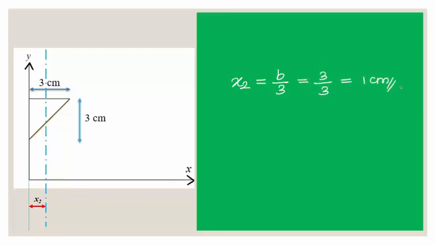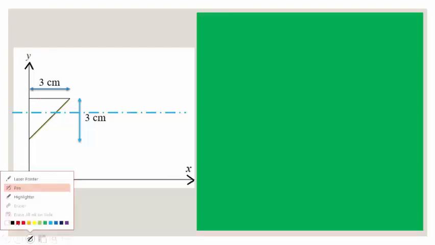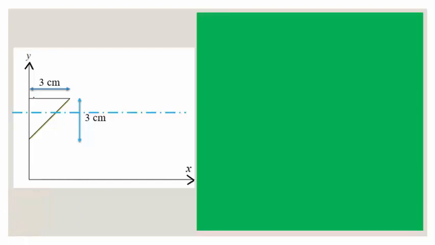Next, to locate the centroid of the second section along the y-axis, we have to fold this triangular section along the y-axis. So while folding along the y-axis, it will not be symmetrical on both sides. So in such a case, the formula for the centroid is h by 3. So that h by 3 is located from the right angle corner along the y-axis. Okay, so this distance is h by 3. In the formula, y2 is the distance between this location of the centroid and the reference axis.